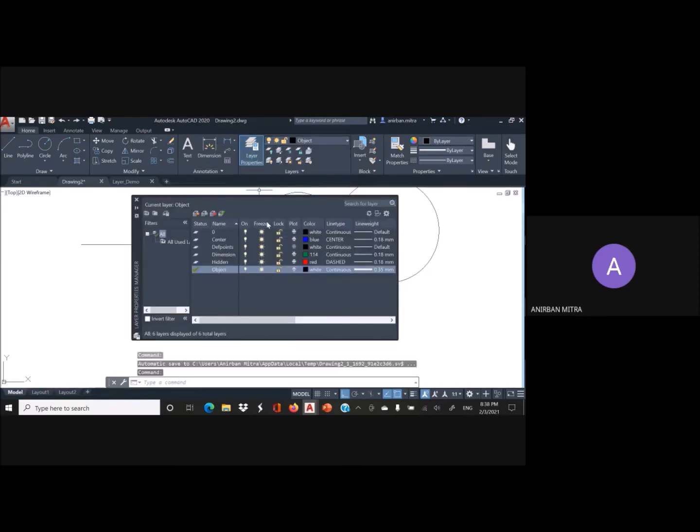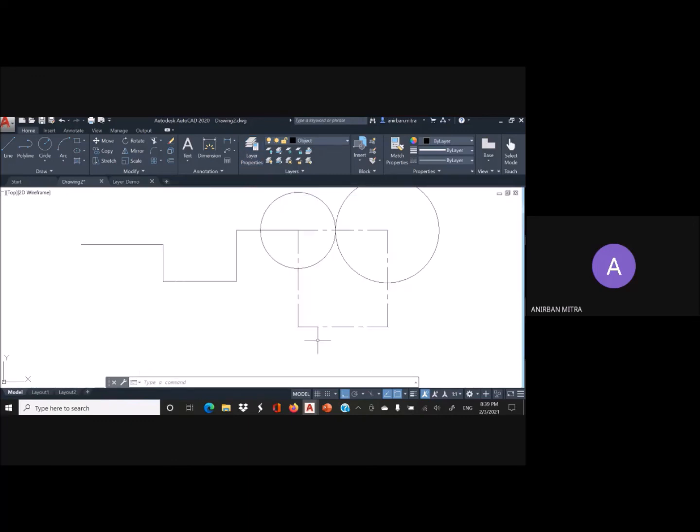The freeze and thaw option outwardly acts the same as the switching on or off of a layer. So if I freeze this dimension layer, freezing here is indicated by this snowflake symbol. You will notice that again the dimension which was provided here has disappeared. It is not displayed.